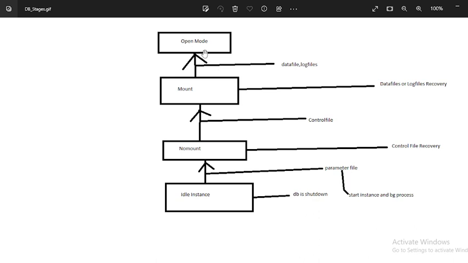Your database will be in read write mode. If there is a problem in data files and log files, then you need to restore or recover the database on the mount stage, and then after you can go to open mode. So for today we don't have any problem in the data files and log files.